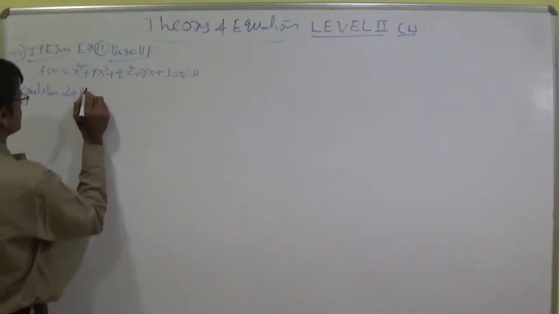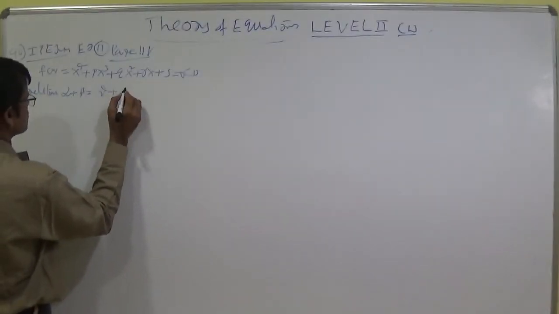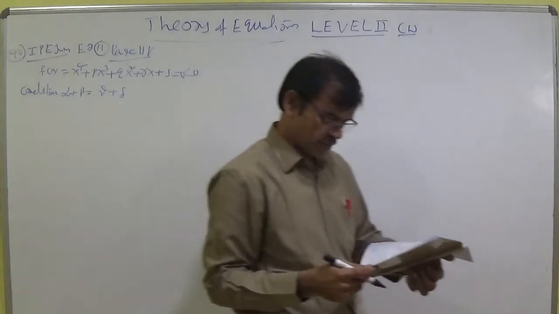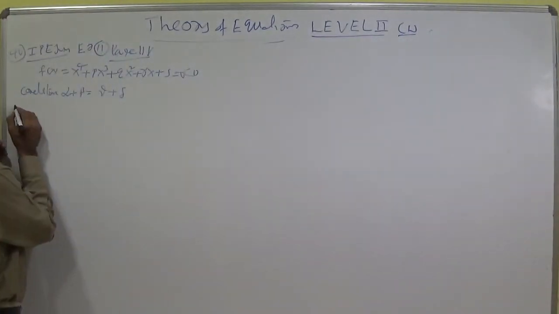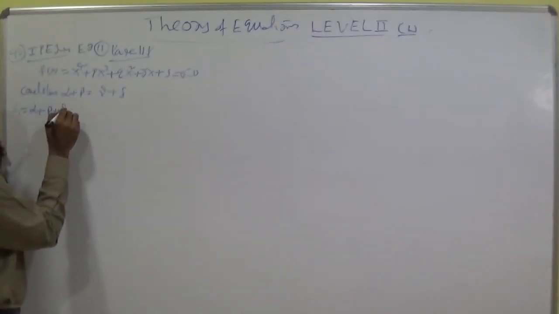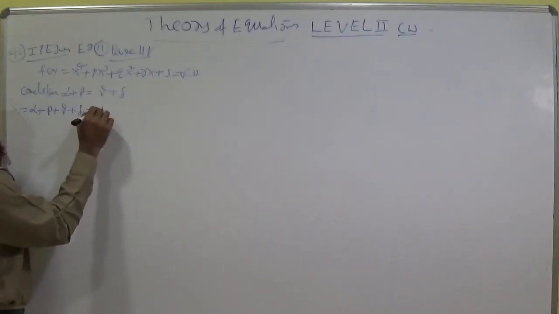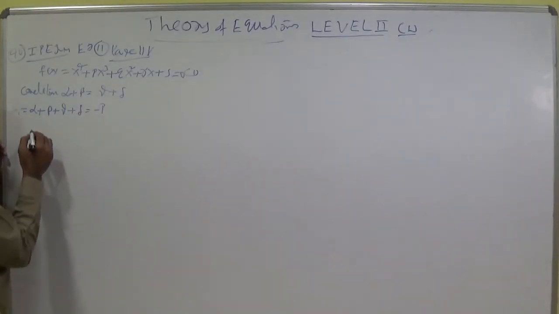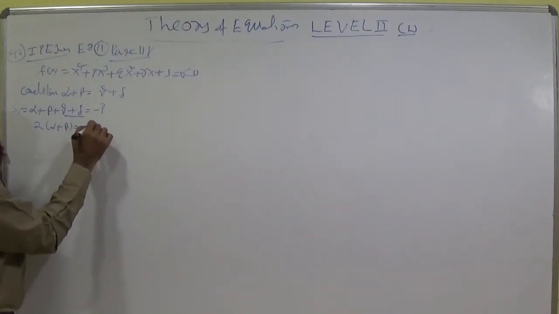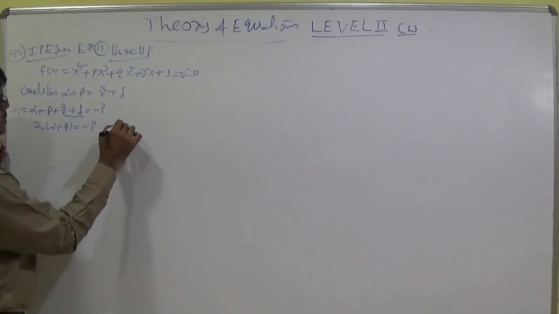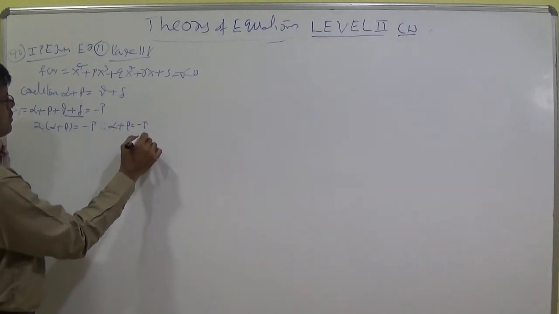Sum of two roots, that is alpha plus beta, is equal to the sum of the other two, gamma plus delta. I think this sum I did not handle in IPE. So okay, let us discuss. Write S1 is equal to alpha plus beta plus gamma plus delta is equal to minus p. Since gamma plus delta is equal to alpha plus beta, you can write 2 into alpha plus beta is equal to minus p. Using that, alpha plus beta is equal to minus p by 2.